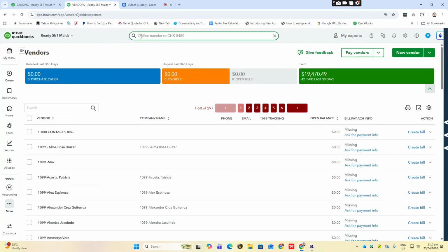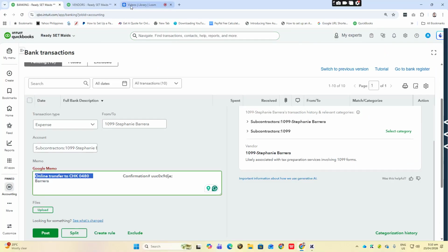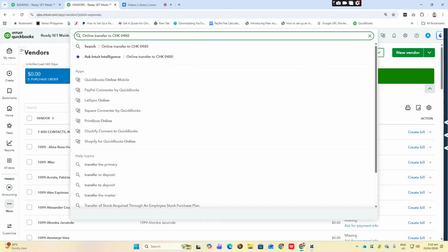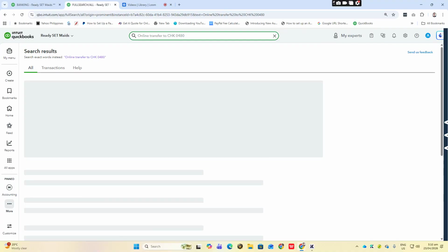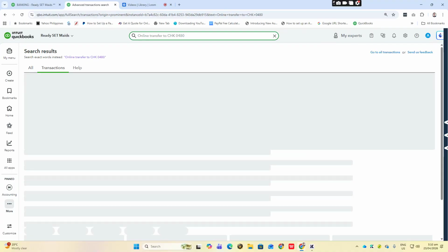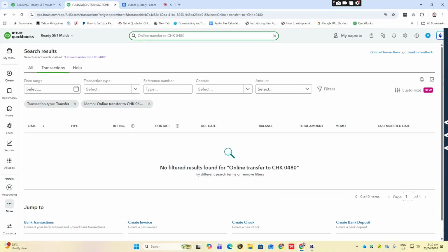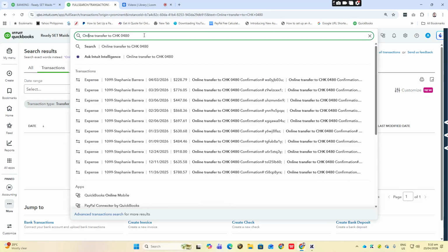I use this advanced search tab. I copy this one and then paste, just to see if there were previous transactions which have the same bank description. So let's check this one.